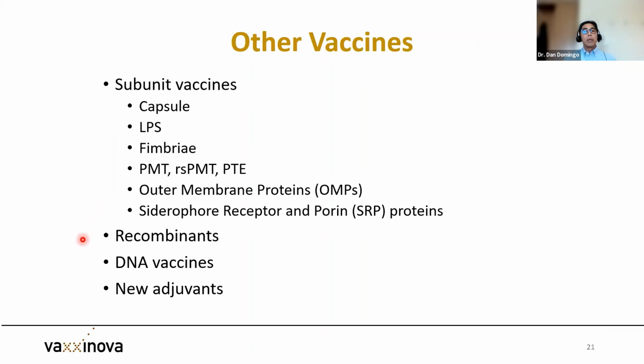There have been recombinant vaccines where they've used other bacteria to produce these proteins. So they've used recombinant vaccines using E. coli. They've done DNA vaccines. There have been studies about new adjuvants. But again, the problem we've had through the years with these subunits